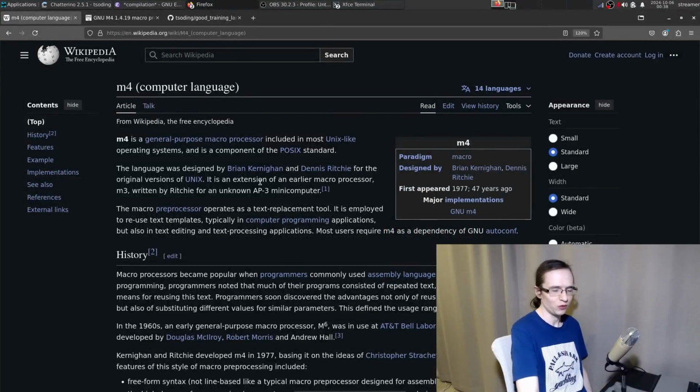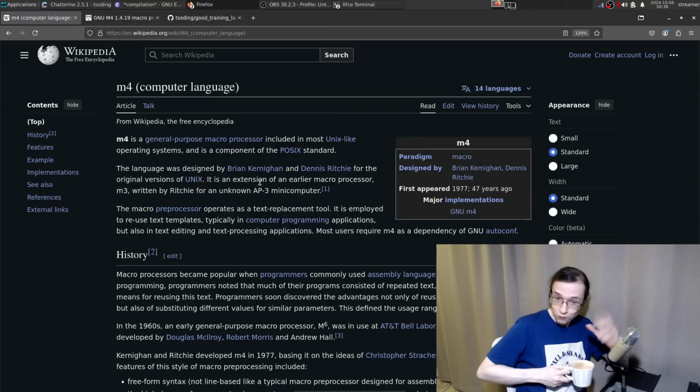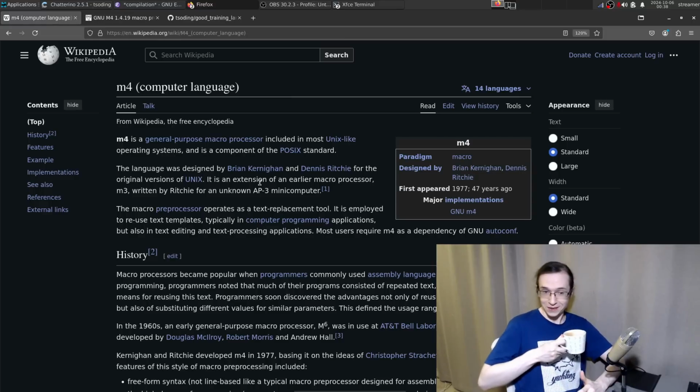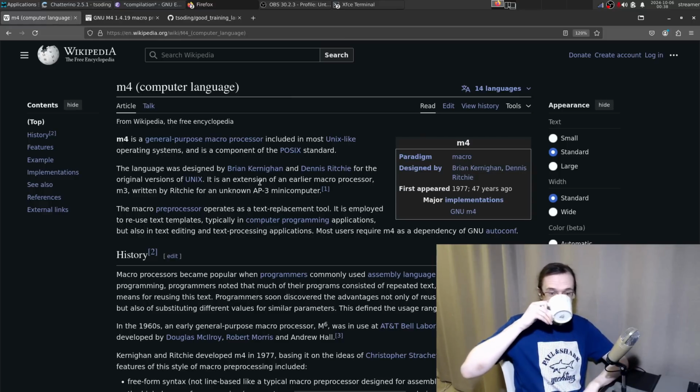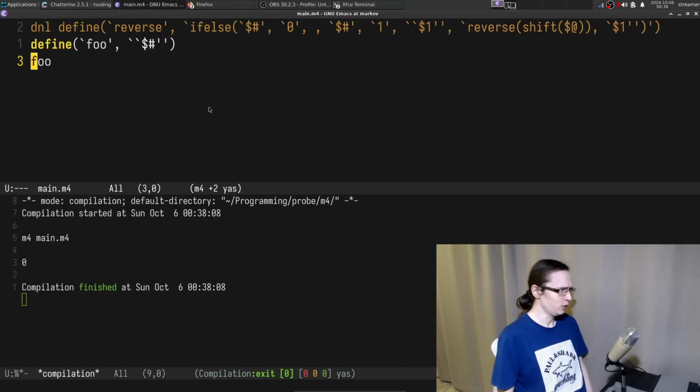The creators of Unix and C. Okay, it's a very good... The error messages are so great. Like, I really like it. This is a very cool language. Anyways. But yeah, it would be actually better to have more descriptive error messages.